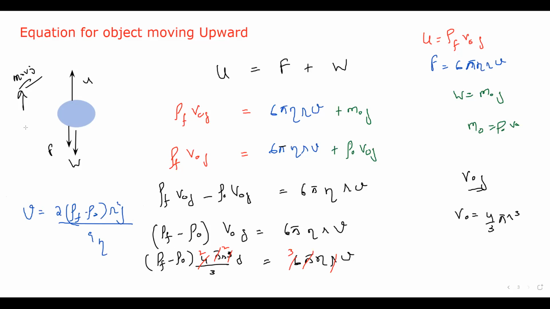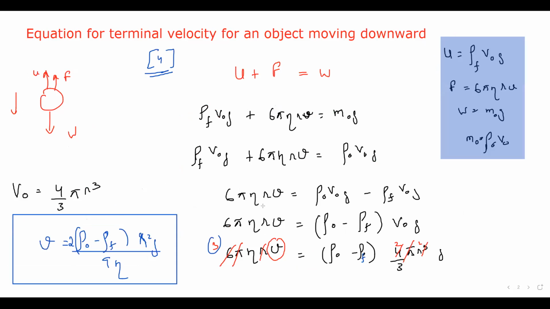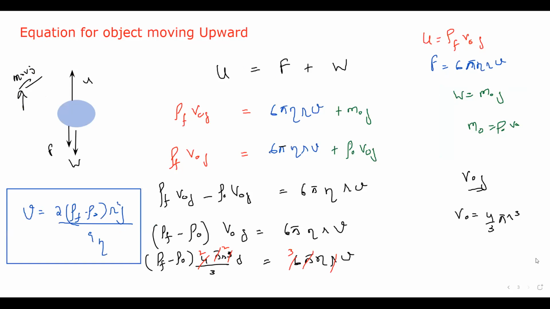So it's the same formula, but the only difference between the two formulas is the difference of the density. Here we are taking fluid minus object when the object is moving up, and in the previous example it was object minus the fluid when it is moving down. So it is always the same formula, only the density difference depends on whether the object is moving downward, meaning the object has high density, so it will be object density minus the fluid. But if it is rising up, then it will be the opposite. Is it clear?